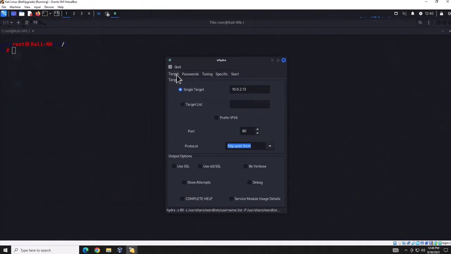So that's that. What I want to do now is move on and try this against one more target, and that target is going to be a Windows 7 machine that's running FTP. So I'm going to change this to 2.7, I'm going to change this to FTP, and I'm going to change this to 21. I've actually reduced down my full screen on my Kali box so I can show you that